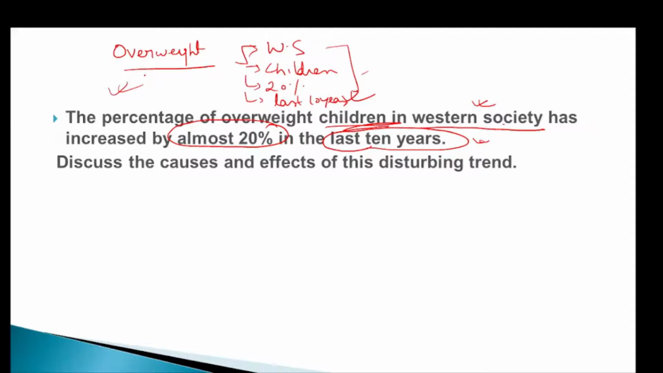Maybe since we are talking about the children, we can say both the parents are working, so they don't have enough time. So children are eating a lot of processed food. Okay, that we can say, or the second point can be